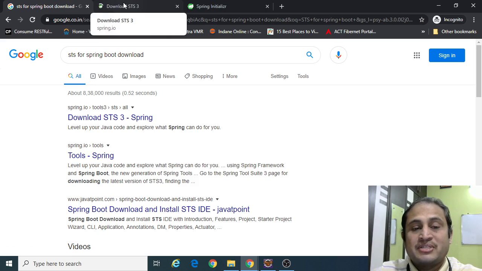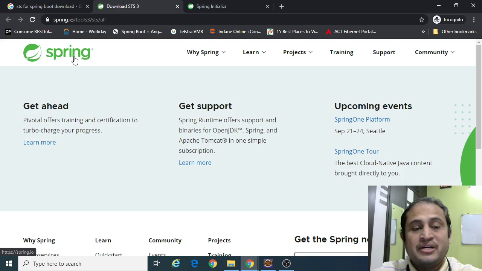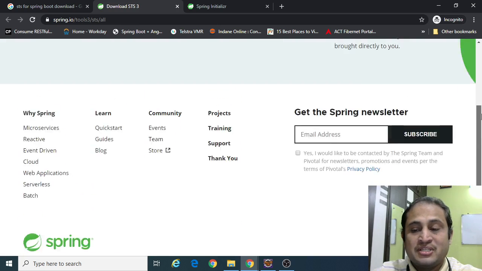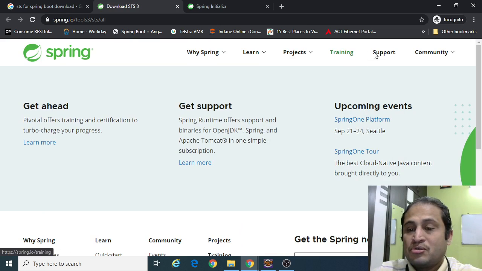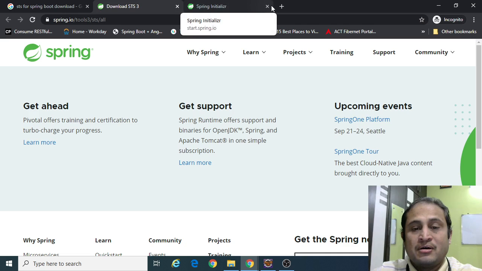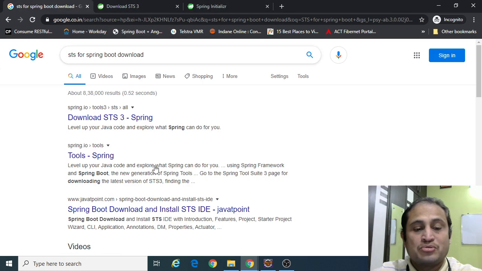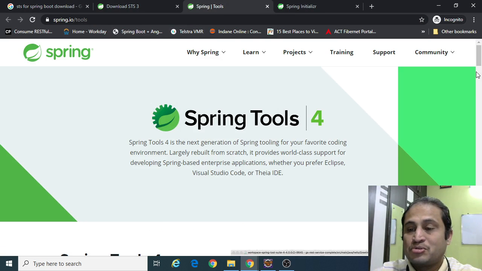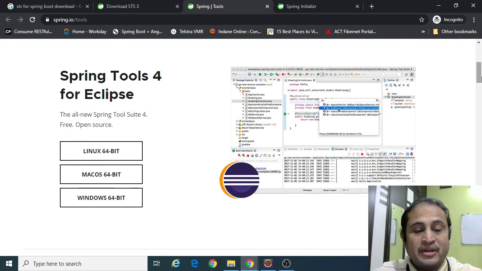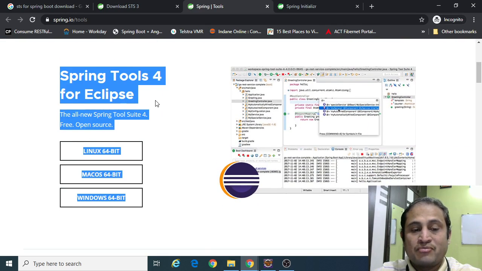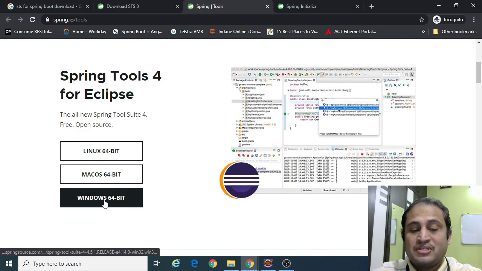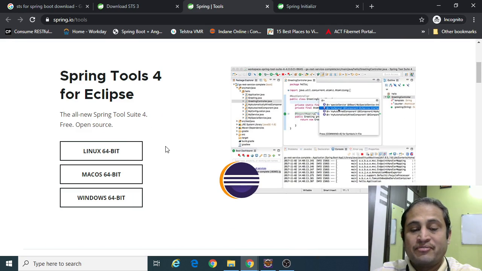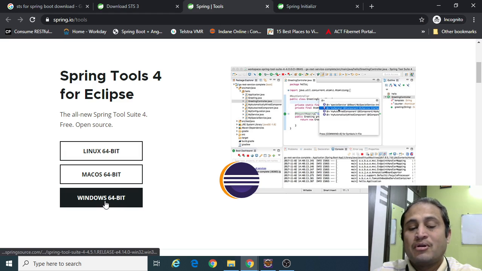So I'm searching, and it is redirecting to the spring.io. Okay, and in the spring.io you can see the Spring Tool Suite. So go there. Yeah, I think there is another icon, Spring Tool Suite. Probably go to the tools. Actually, there is a tools section, Spring Tools 4. You can have different kinds of versions. Spring Tools 4 for Eclipse. You can choose if it is Windows, Mac, Linux. It will give you a respective downloadable file.